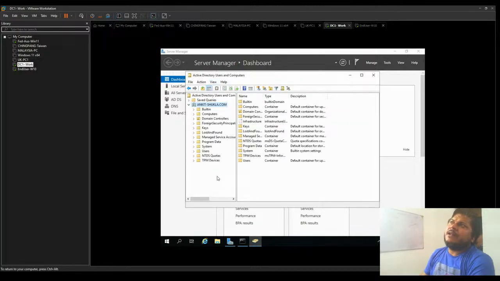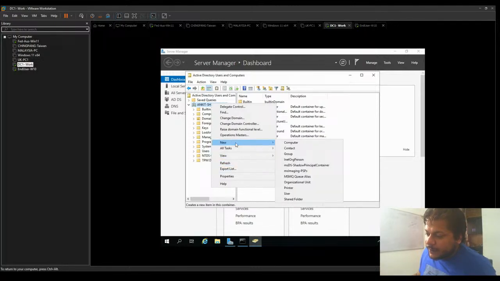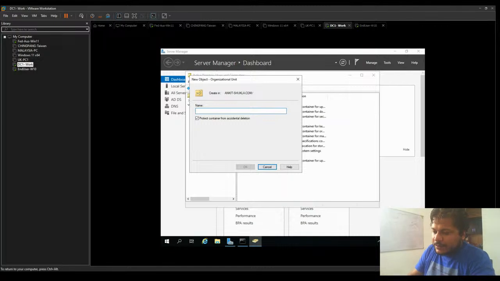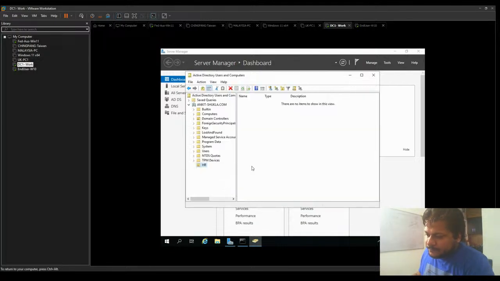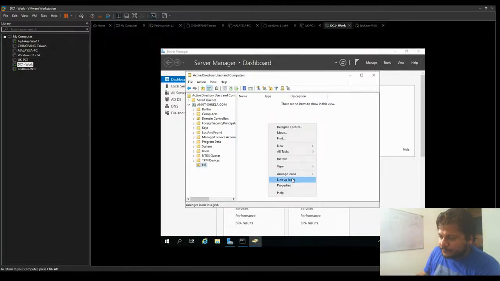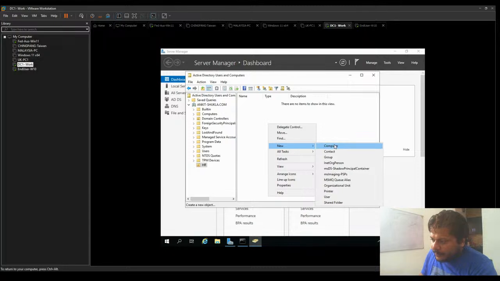Organizational units are nothing but like departments in your company or different geolocations. Let's say, for example, this machine that I created is for a new HR employee, human resources. So in an existing environment, I will have an organizational unit over here, which is HR, and this HR will have the end user who has just joined. I'll go to New over here,